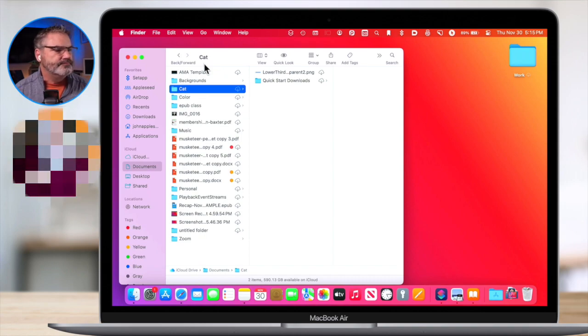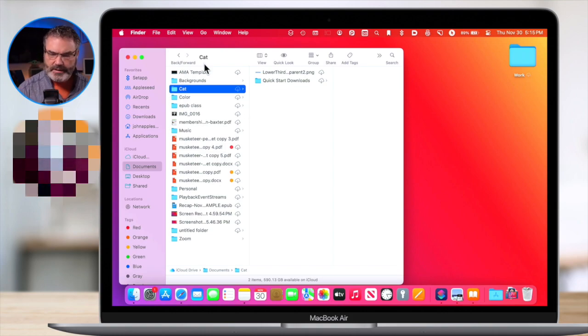I was wondering if you might mention Omni Disk Sweeper, the free app from the Omni Group. Oh, yeah, sure. I'm going to go to their website. I haven't used that in a long time. I forgot about it, but yes, it's a good app. There are different apps out there that can help you with this.